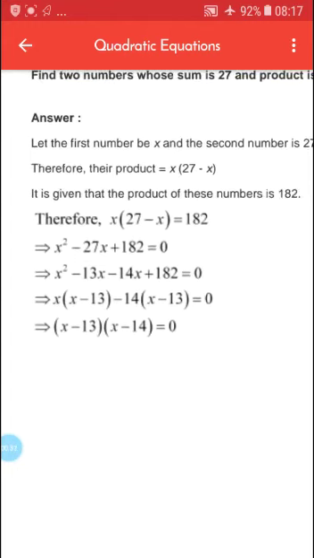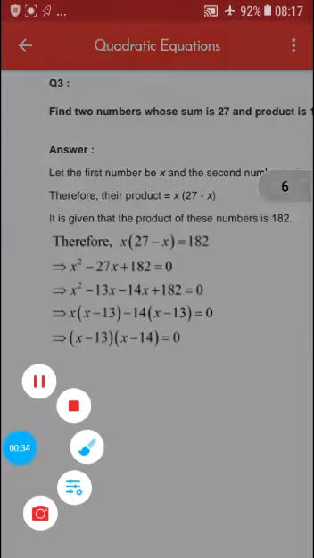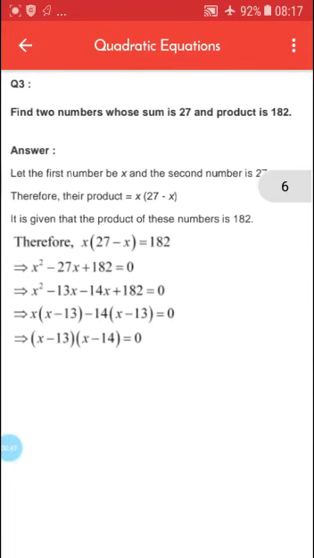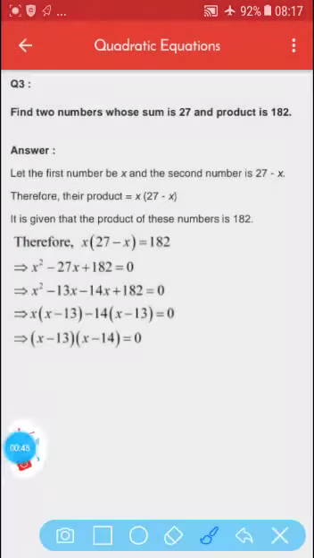182. So for this, let the first number be x and the second number is 27 minus x. Our first number is x, and the second number is 27 minus x. Now, their product will be x(27 minus x), and it is given that the product of these numbers is